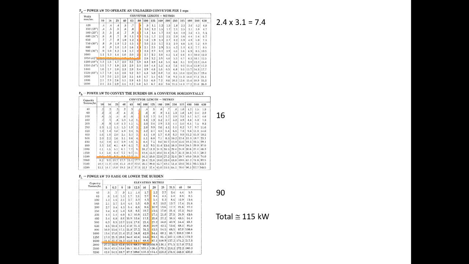middle there. So we actually, here, we're coming in and we're interpolating around here, and so 90, you've got the four figures, so the middle one is about 90, okay? Now what you do is you add that up, 7.4, 16, 90, and you get up about 115. And when we have a look at